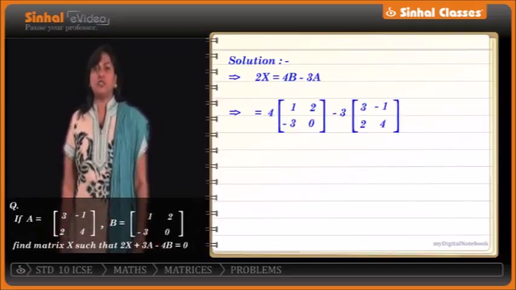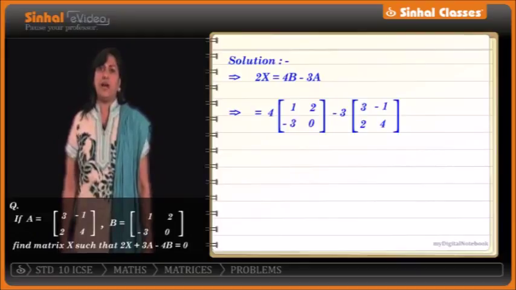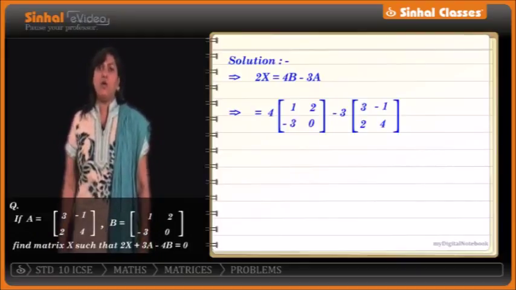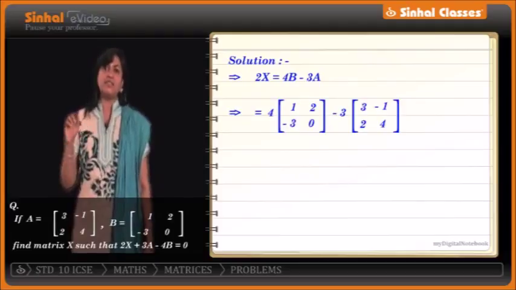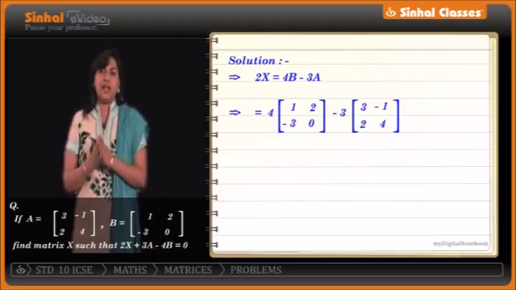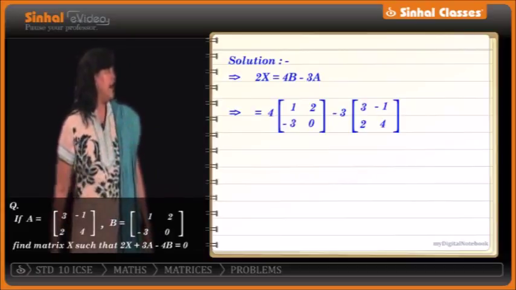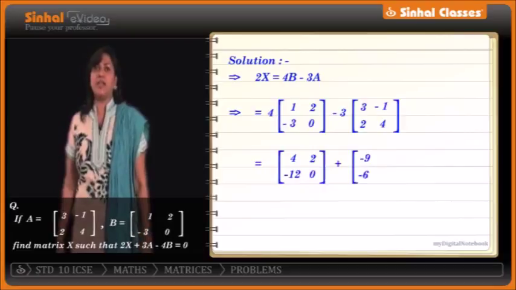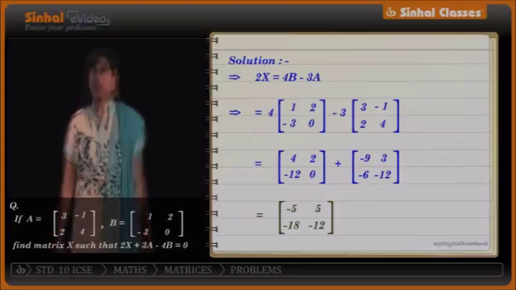Here we have two options. We multiply each and every element of A by 3 and let the minus sign be outside. Or we multiply each and every element of A by minus 3 and let the plus sign be outside. Now, on adding these two matrices, that is simply adding their corresponding elements, we get the answer as